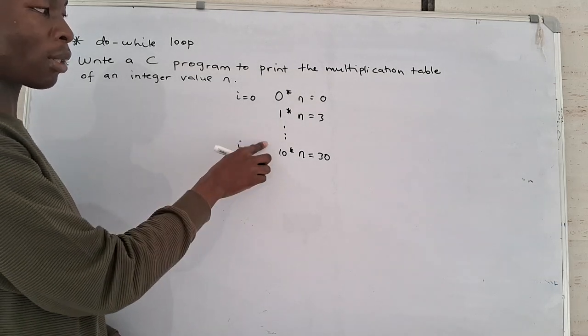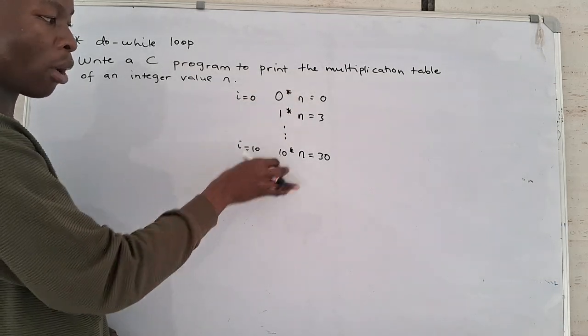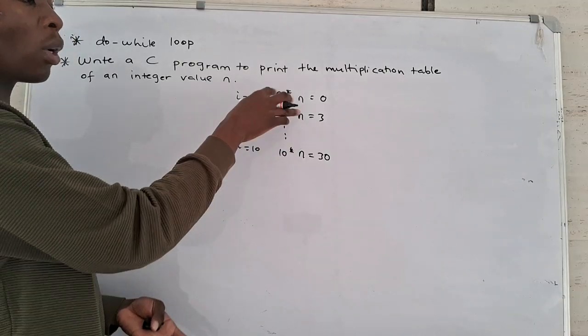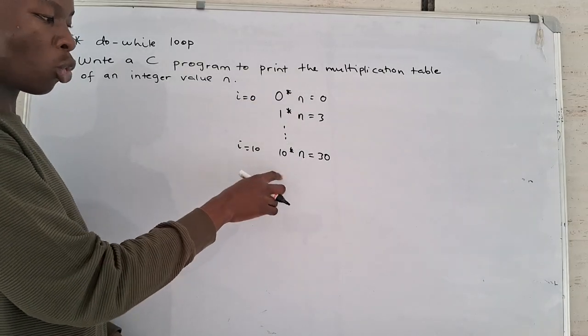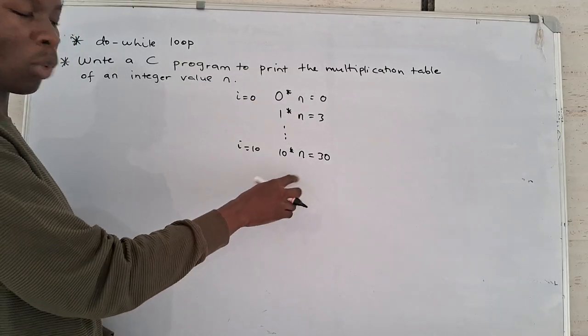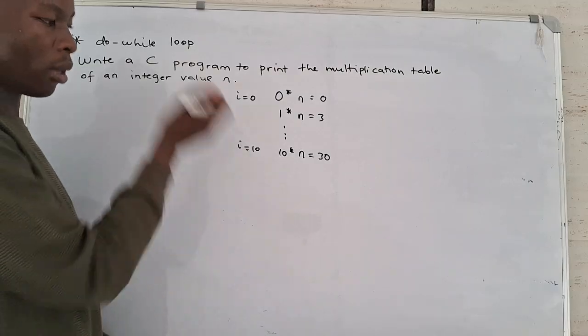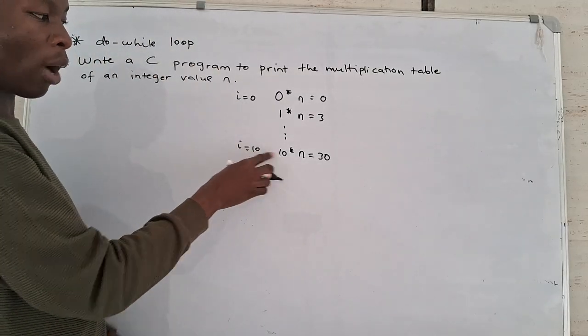Suppose we don't know this maximum value again. What we know is we are starting from 0, but suppose we don't know. Maybe you want to keep on multiplying up to 20 into 3, up to 20 into n. Okay, so this value again, I don't know. I'm going to